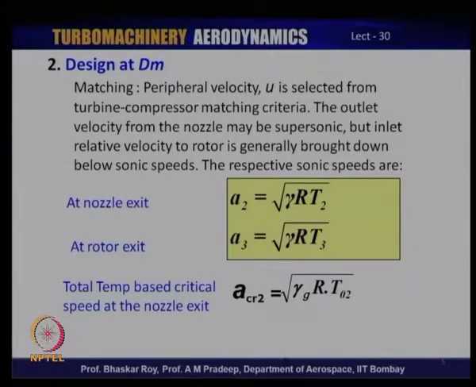The respective sonic speeds are defined at the nozzle exit as a2 equals root over gamma R T2, and at the rotor exit as a3 equals root over gamma R T3. They are defined at the nozzle exit and rotor exit because in turbines the speeds of the flow through the blade passage accelerate, and they reach near sonic or mildly supersonic near the exit